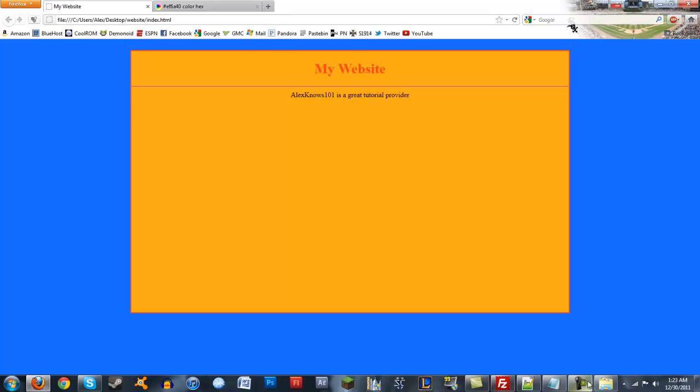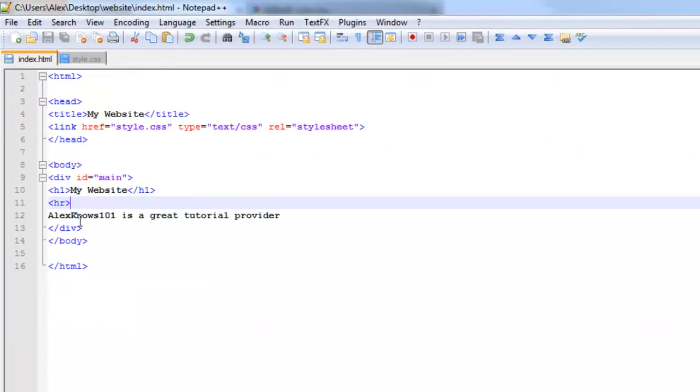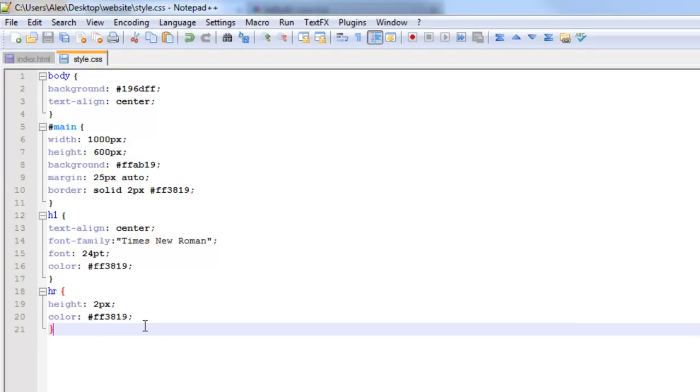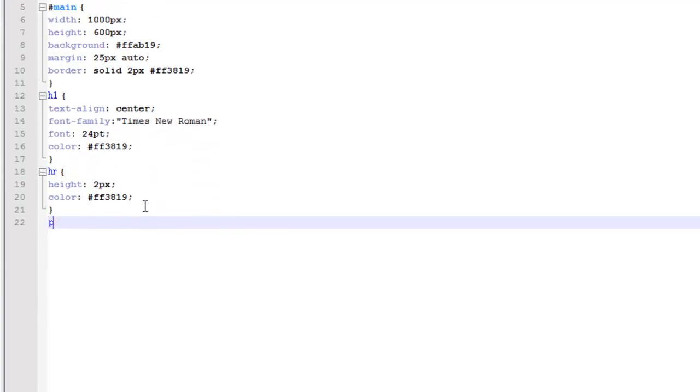And now the next thing that we want to do is, this basic text here looks kind of lame. So a lot of text uses paragraph tags, which is just basically a p. So this p tag is what we're going to use for our paragraphs. So this is just going to be the first paragraph here. But then we want to style our paragraphs, so we're going to add this next element, just a p,